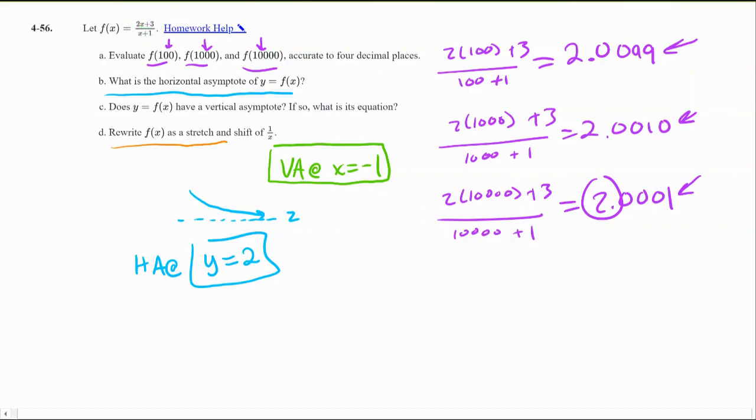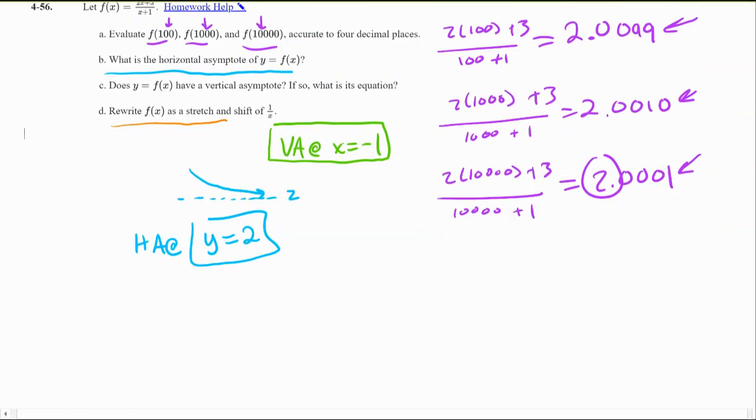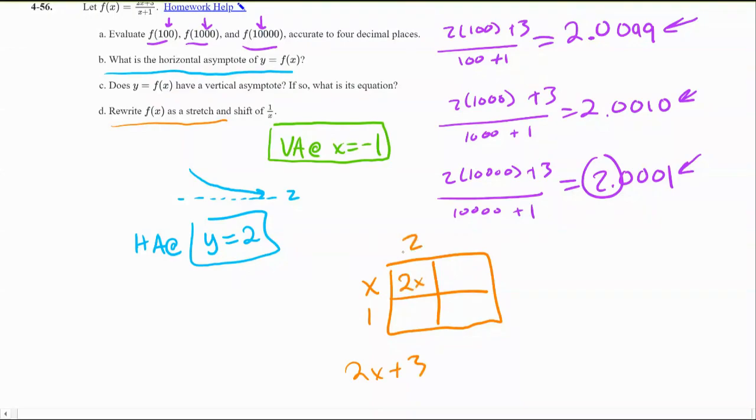For the last one, it says rewrite f of x as a stretch and shift of 1 over x. And to do that, if you have done the classwork, you are just going to be doing division. So we're going to divide here. I'm saying, what do I need to multiply by x plus 1 to get to 2x plus 3? I know this has to be 2 to multiply into 2x. 2 times 1 is 2. These two have to add to 3, so my remainder here is going to be 1. So I got 1 over x plus 1